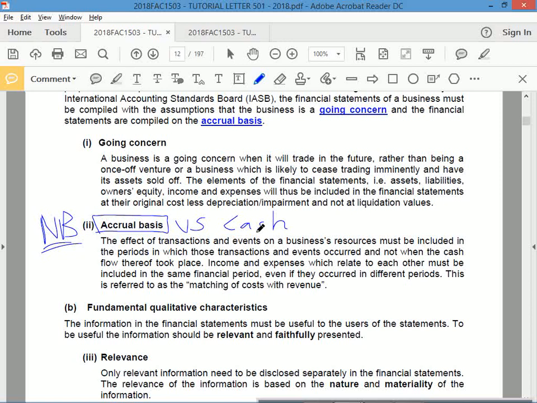Right, so when you render the service to your customer, have you earned income? Yes, you have. The cash occurs later on. Well, there's two transactions actually. So let's write that down. Credit sale. When do you sell? Today. Let's just use the date 1st of August. If you sell something on the 1st of August and the customer has 30 days to pay, do you think they're paying you on that day? No, they'll probably pay you next month.